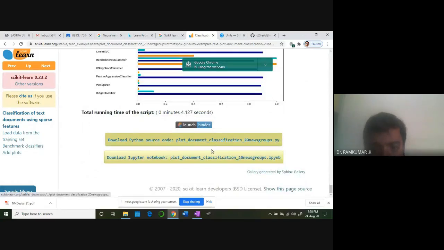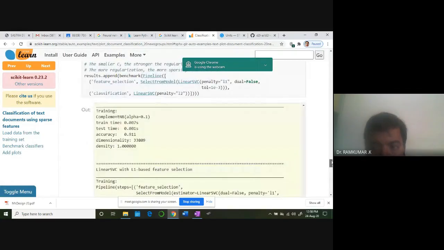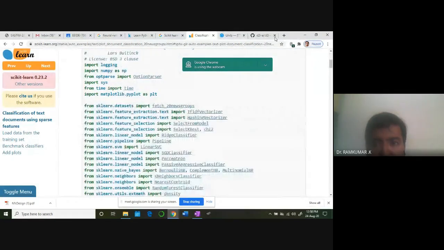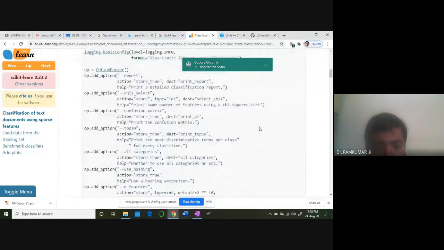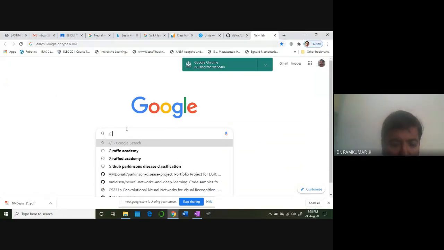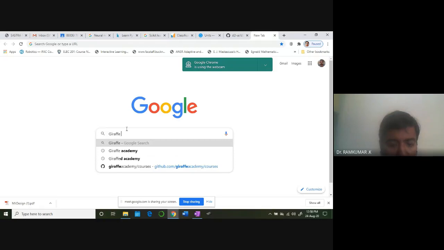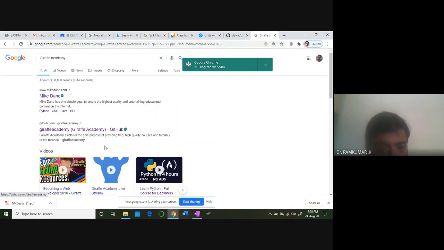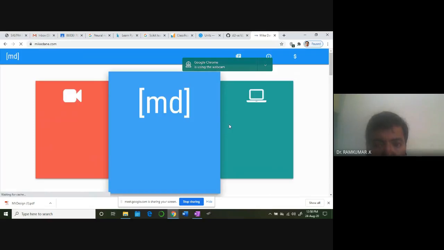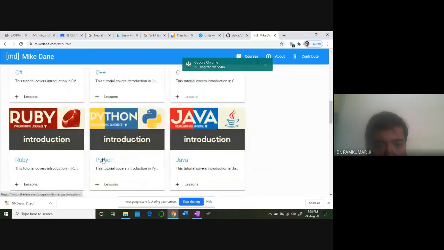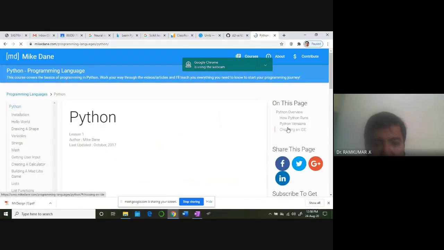They are giving you the code. The only thing you have to do is learn Python and start applying. A little bit of pandas knowledge is also required to manipulate the data. Just type in Google, and I think you can refer to this particular website, Giraffe Academy, if you are new to Python. There is a course on Python. He is offering this tutorial. Sit with this tutorial for 3 hours first.